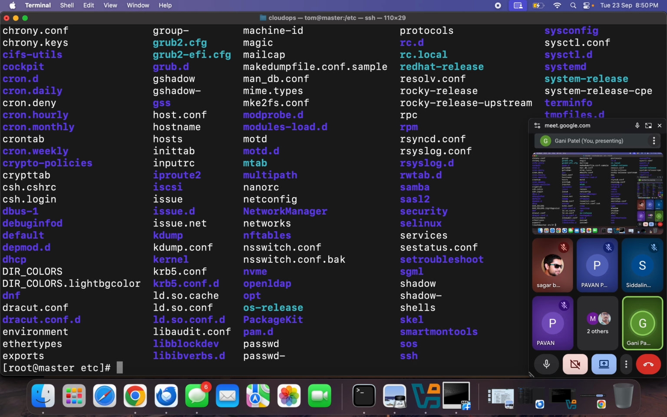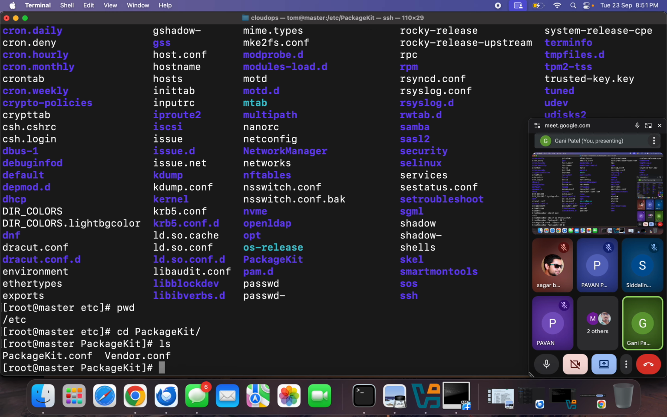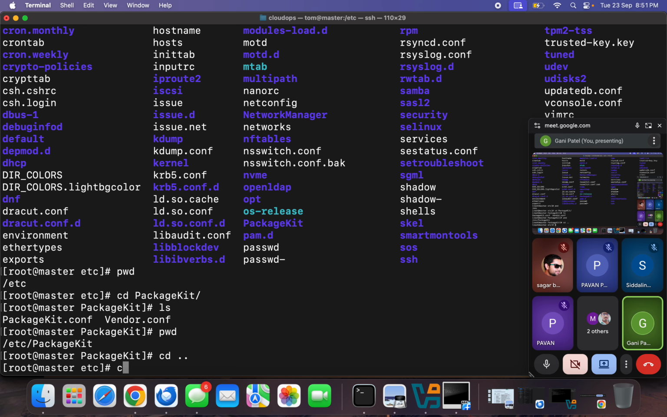Now where am I? I am in etc. Okay? So this is how you can get into the directories. And if you want to get into another directory, let's say packagekit, just type P, okay, and press tab. So packagekit, enter. So you are inside packagekit now. And again, if I want to, there is no other directory right inside this one. Let me get into another one, cd